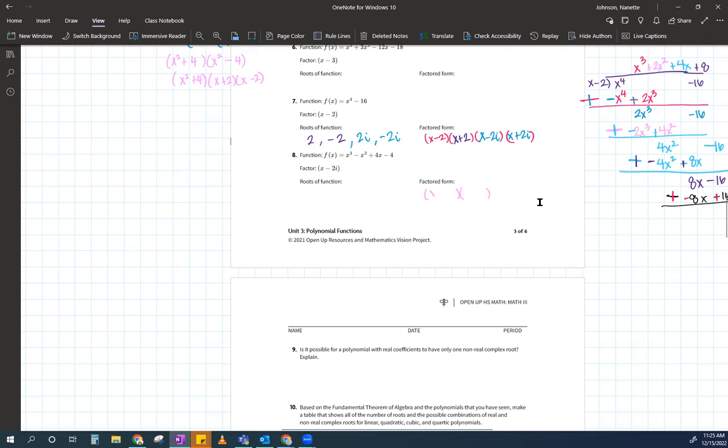Right. So then there it goes. Okay, so those are my two factors, x minus 2i, x plus 2i. And then therefore my two roots I already know are 2i and negative 2i, right? So Ms. Johnson, since I already know that is true, instead of dividing by x minus 2i, can I divide by,